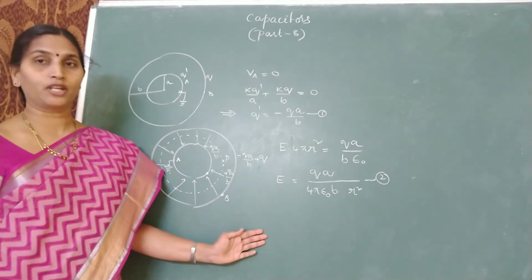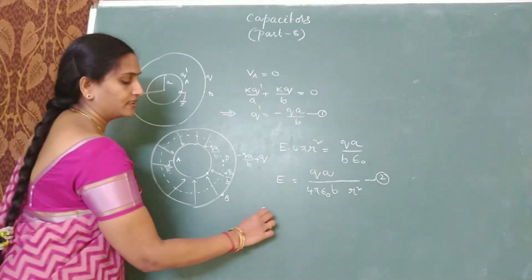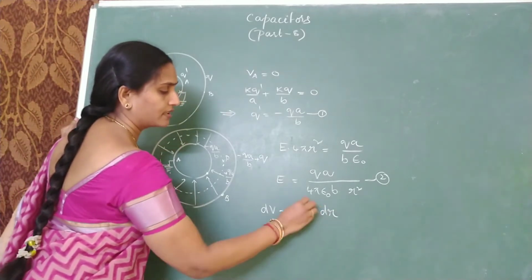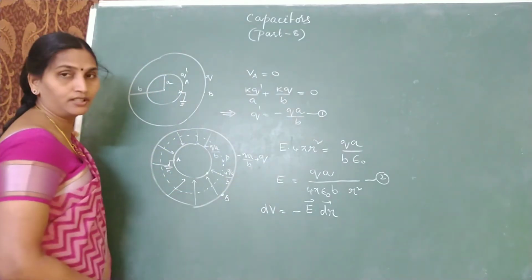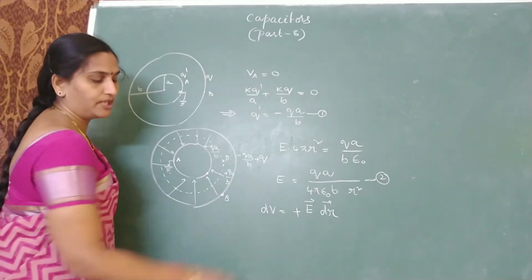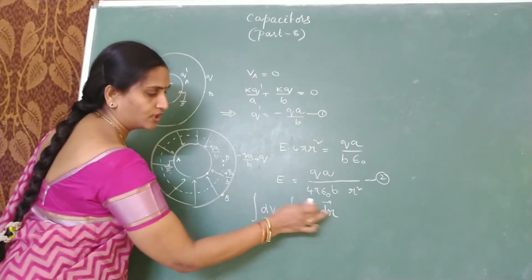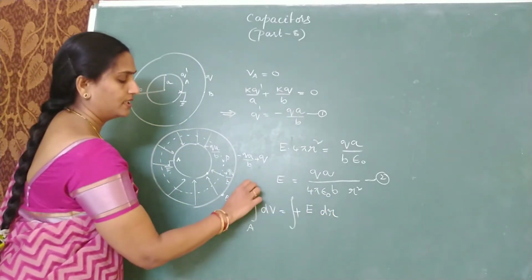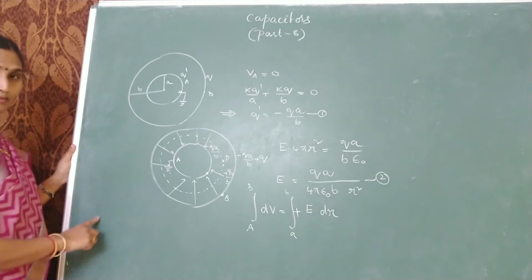So now you can find out the potential difference. For potential difference, the same process. Integral of dV is E dot dr, so dV is equal to minus of E dot dr. If you are taking displacement from inner to outer side, the field is inward, the angle is 180, cos 180 will become minus 1. So I will make it plus. So integrate the relation. I will remove the dot product because we already took cos 180 and made this minus sign into plus. A to B, small a to small b. So simplify the steps of integration here.